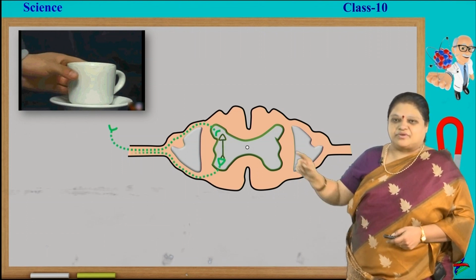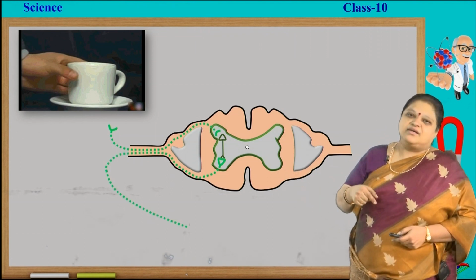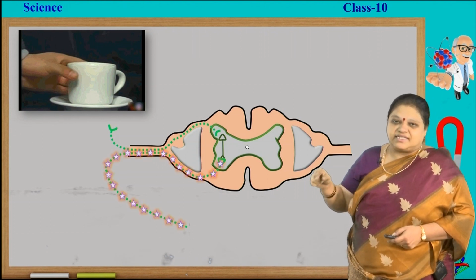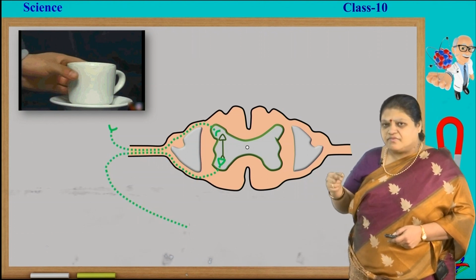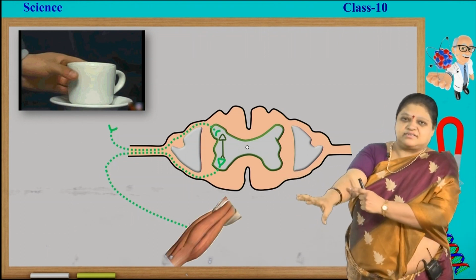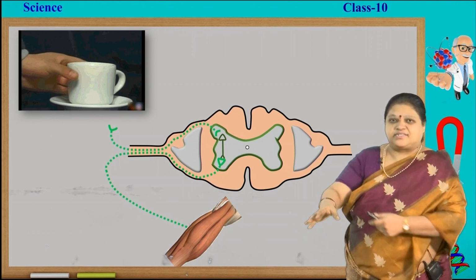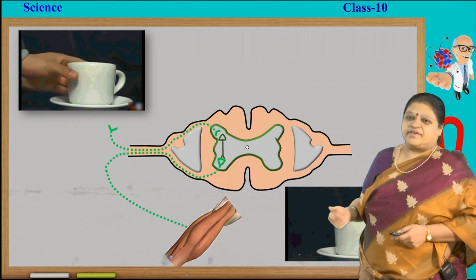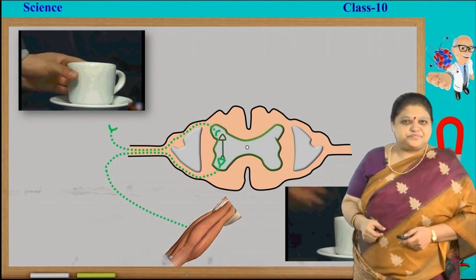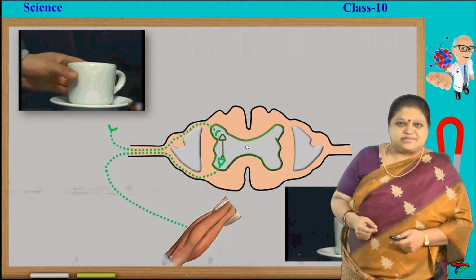Next, another neuron will take it to another body part away from the spinal cord. From there it goes to his hand muscles, as well as the bones present here, for him to lift away his hand from the coffee cup. You understood how the whole path will go. Now, let us know how each and every part is involved and what its name is, etc.